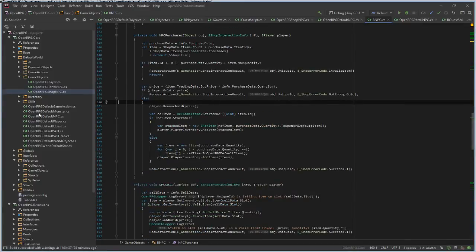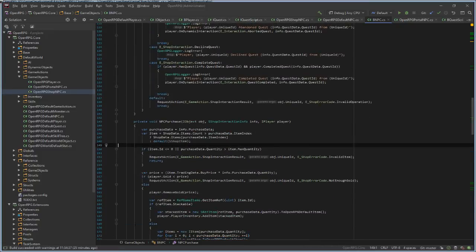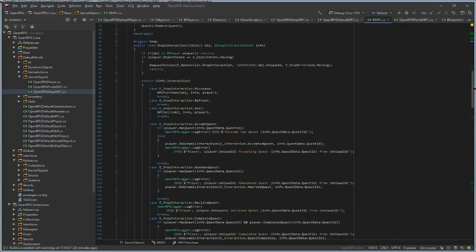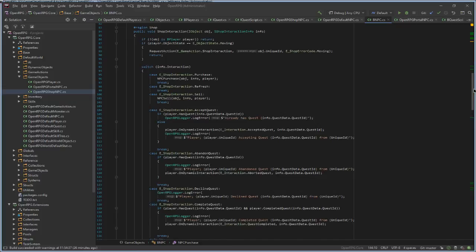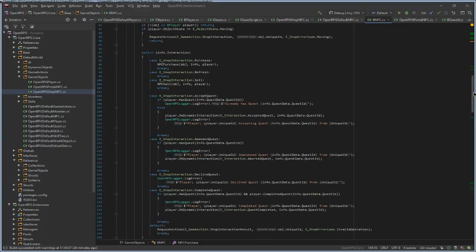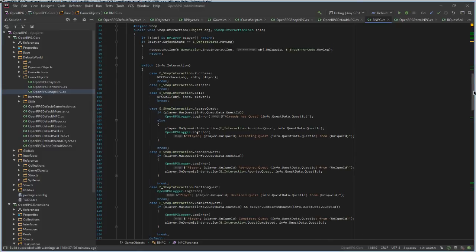Game objects like NPCs, monsters, and any kind of game object can attack each other, can have battle. So it's not restricted to player versus NPC. There can be NPC versus NPC.